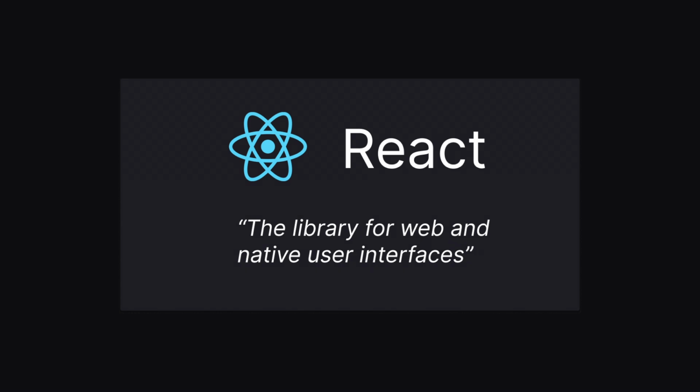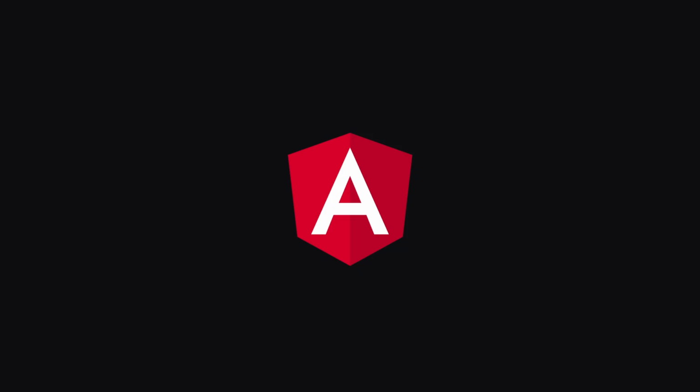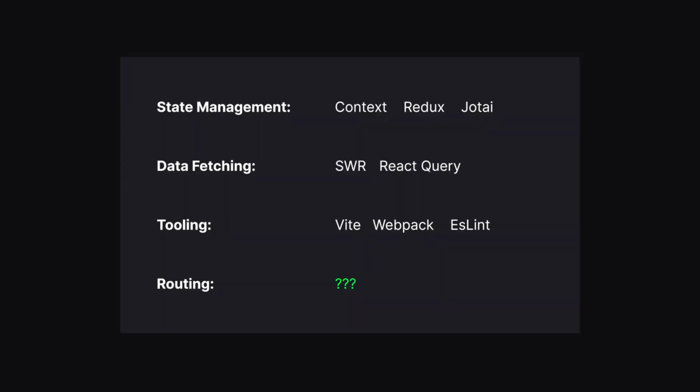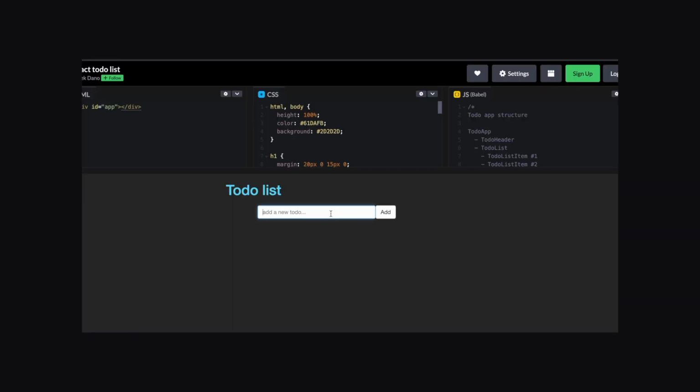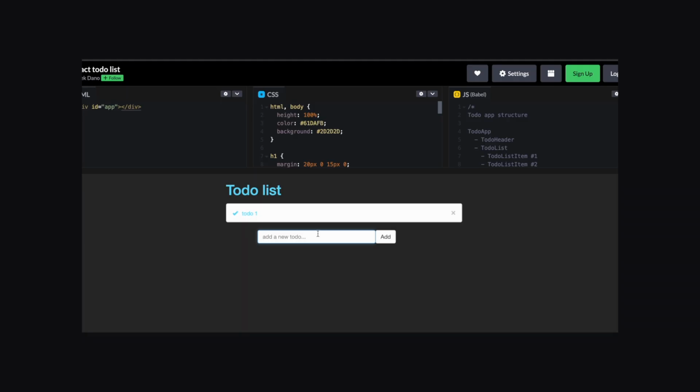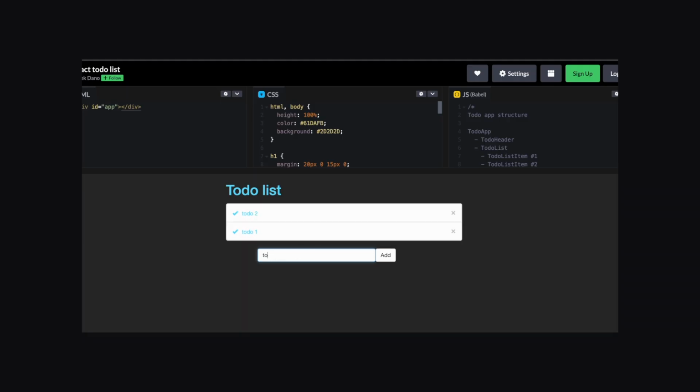You've probably heard React is a library, not a framework. Unlike a fully fledged framework such as Angular, React does not have built-in solutions for data fetching, state management, tooling, or routing. These are all features that need to be provided by some third-party library. The React library itself is responsible for rendering data as UI elements and updating the UI when data changes, but